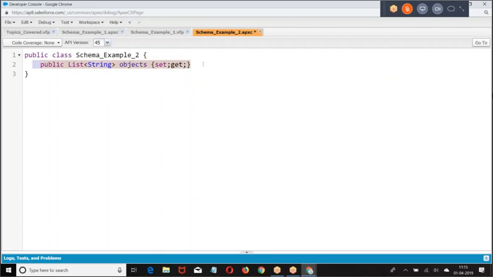Like, let's say if you give an object, I want to get the properties of an object, a public map of string. How can you get the properties?